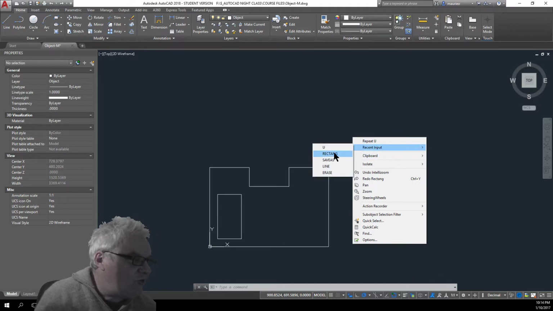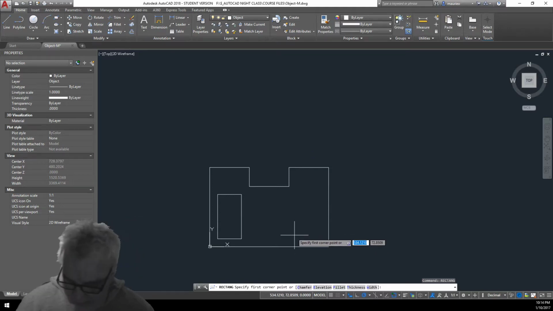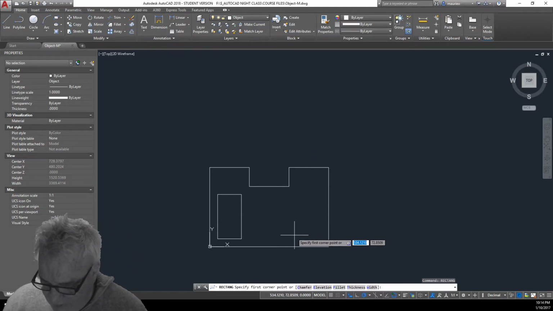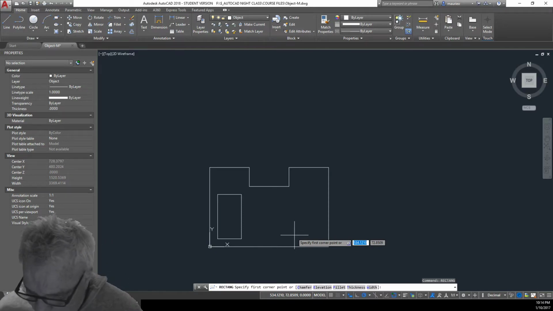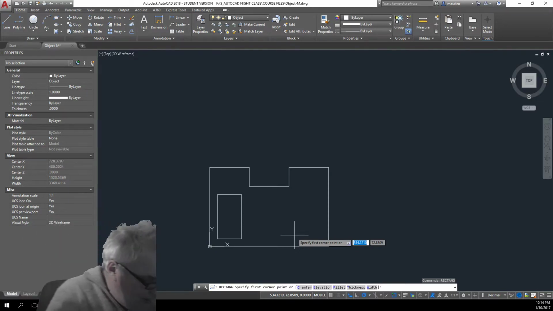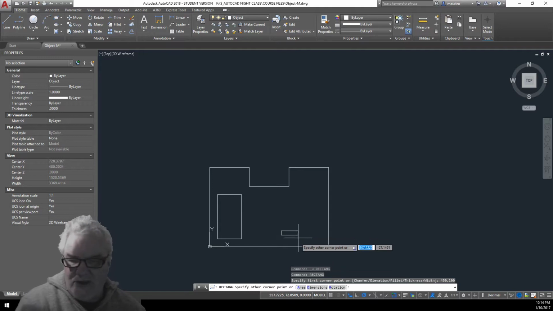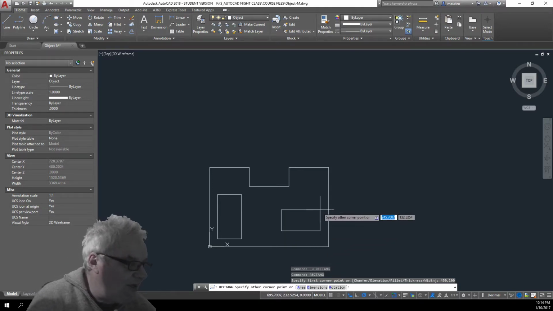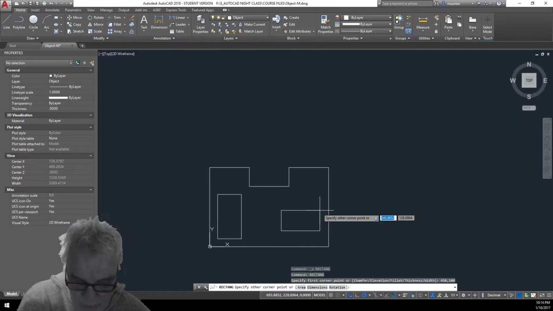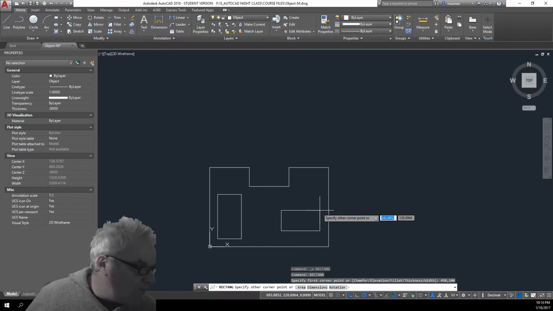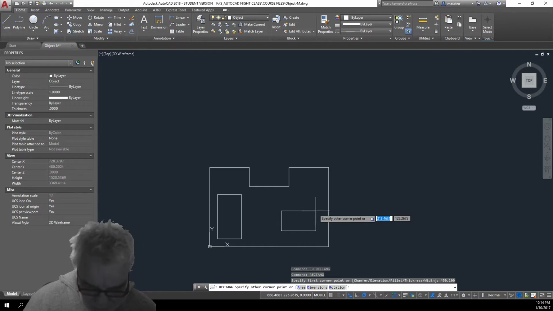Recent input, try the rectangle again, and yes, sometimes it takes a little bit of a while. So 450, 100. So we wanted it at 450, 100. I'll be getting good at this because I've repeated it so many times. Okay, now, right, we want to specify the corner point, which I thought we've done, or